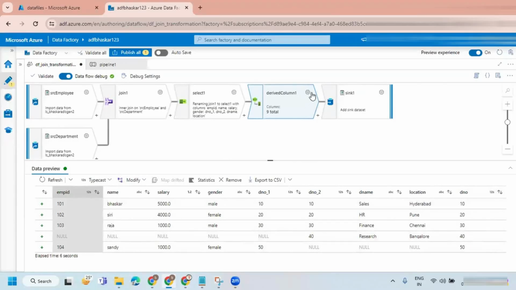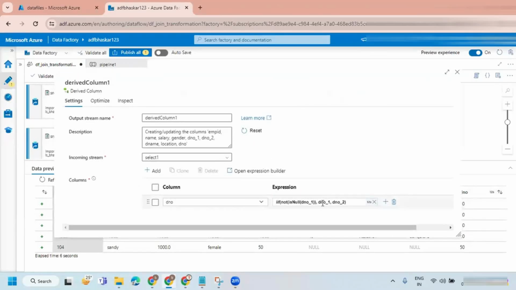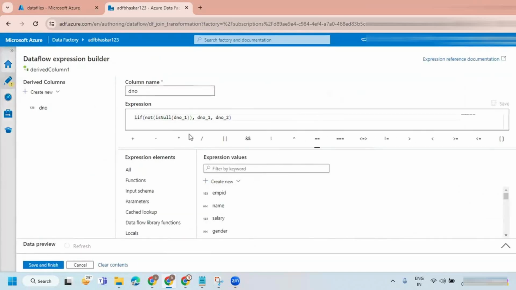So any expression you can write it. When you're comparing only two columns, then I recommend going with the coalesce function: D number underscore 1 comma D number underscore 2. So this is much easier.